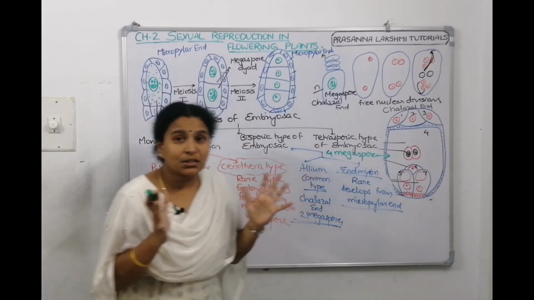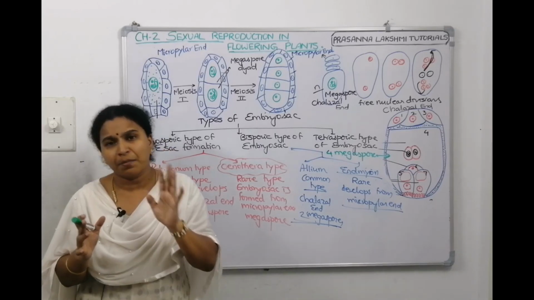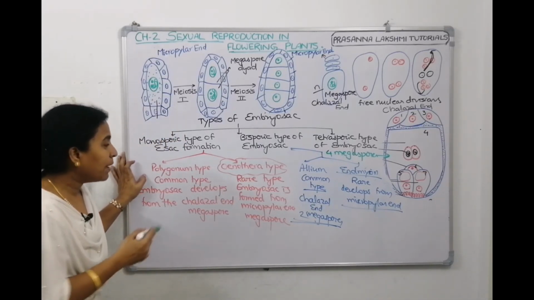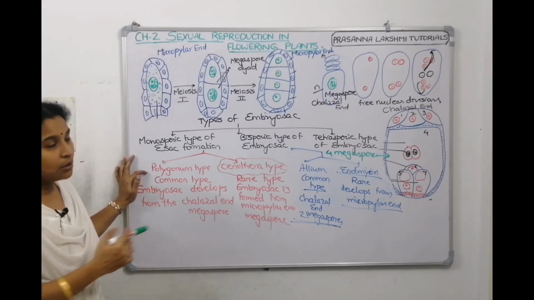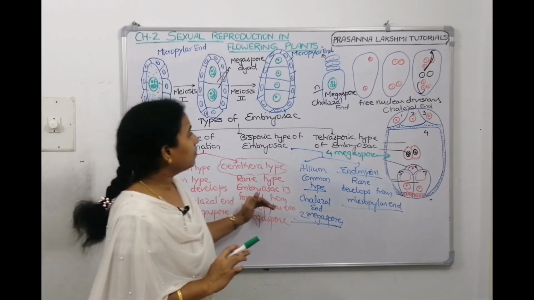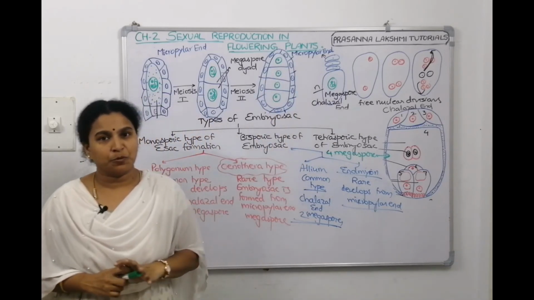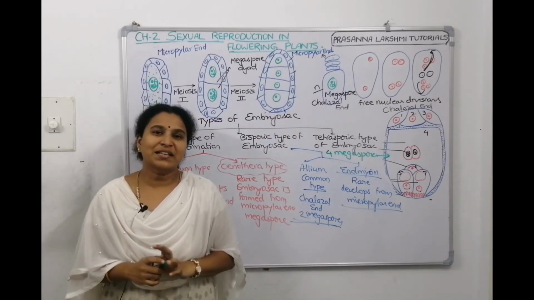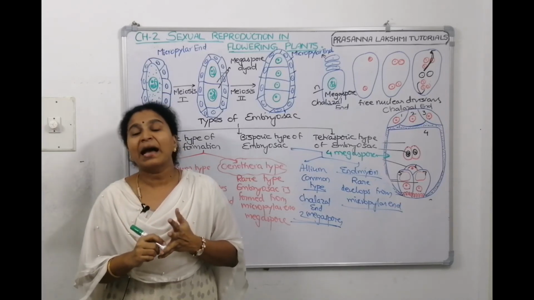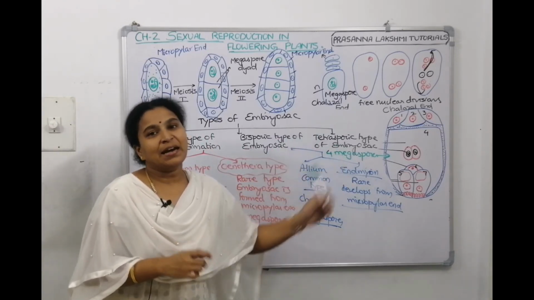But what is the characteristic feature of angiosperms? The characteristic feature of angiosperms is monosporic development of embryo sac, right? Again, in monosporic we have polygonum and Oenothera type. What is polygonum? The one we have studied is polygonum. Oenothera means it is not the chalazal end megaspore, it is the micropylar end megaspore. So in today's session we discussed megasporogenesis, development of the female gametophyte and the types of embryo sac formation: monosporic type, bisporic type, tetrasporic type.